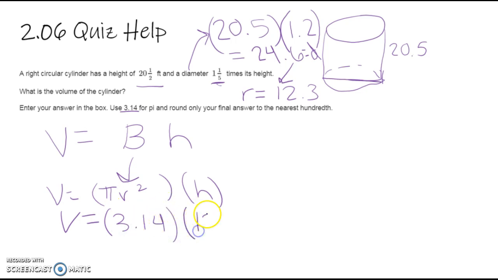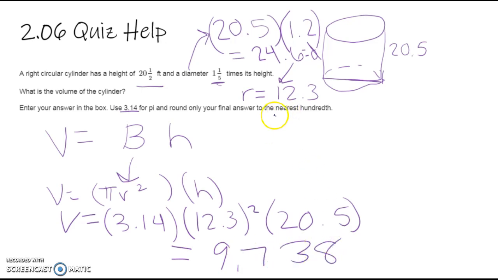times the radius, which is 12.3 squared, and then times a height of 20.5. And it says round only your final answer to the nearest hundredth. So don't round before you get that final answer. So we're going to take 3.14 times 12.3 squared, or times 12.3 two times, because that's what squared means. Multiplying it times itself. And then times 20.5. And here, you're going to get a pretty large number. Remember, the height was already 20.5 feet. So then when you find the area of the base and multiply it times the height, it makes sense that we would get a large number,